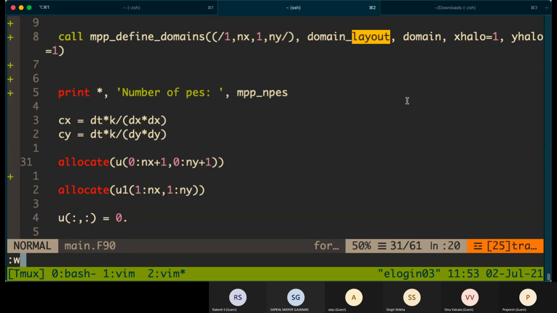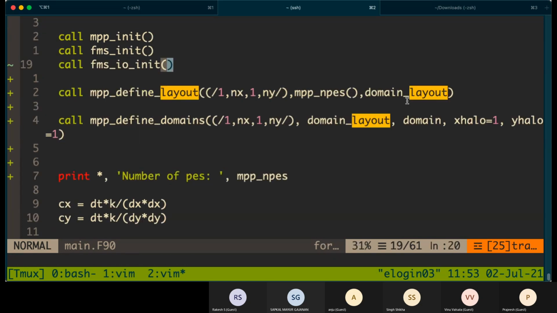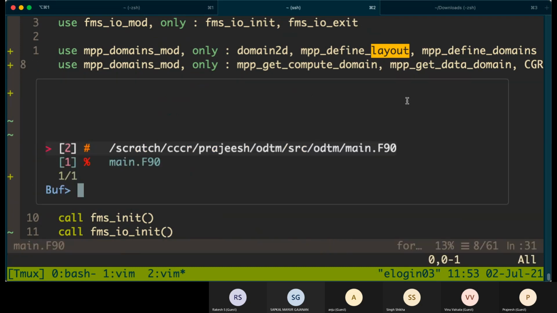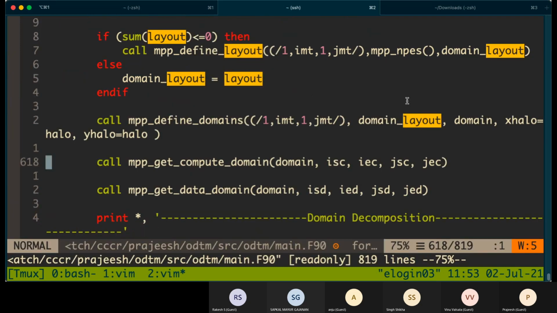So we can get those using a routine called MPP get compute domain. Let's see the usage of that. So here it is, MPP get compute domain.